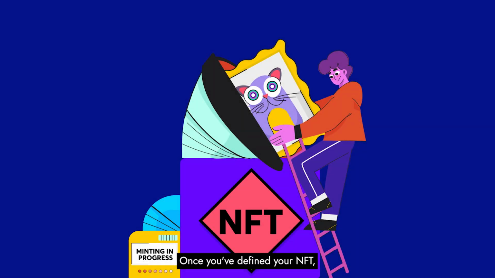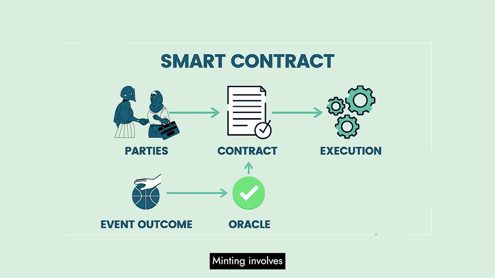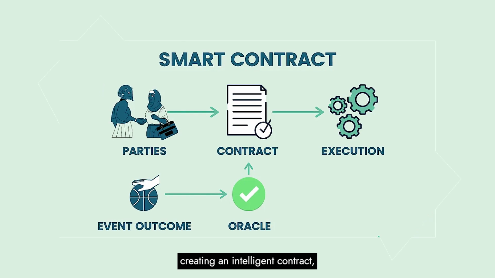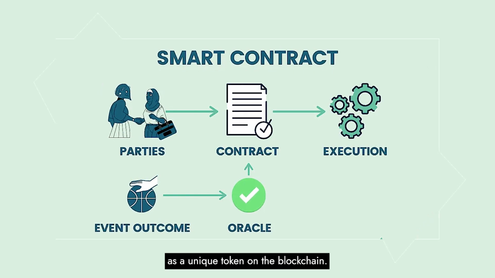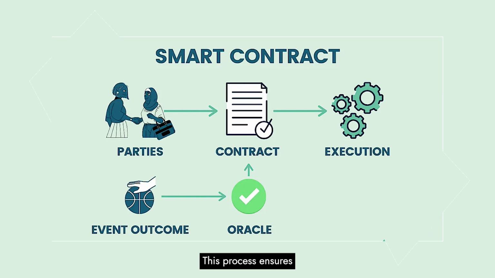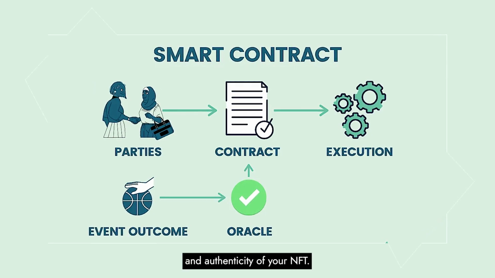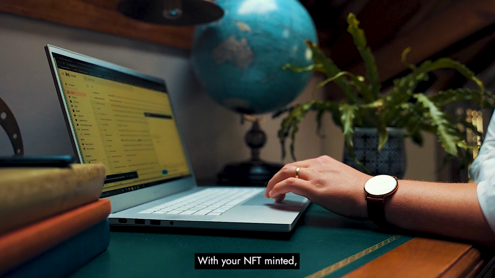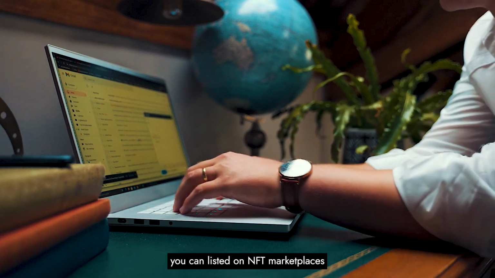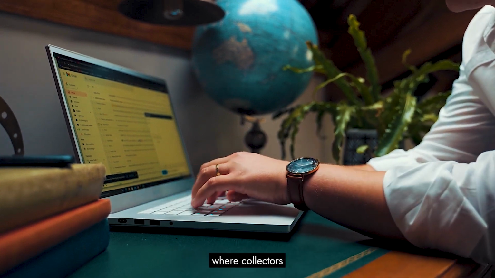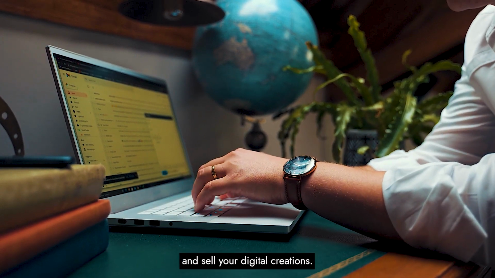Once you've defined your NFT, it's time to mint it. Minting involves creating an intelligent contract representing your asset as a unique token on the blockchain. This process ensures the scarcity and authenticity of your NFT. With your NFT minted, you can list it on NFT marketplaces, where collectors can discover, buy, and sell your digital